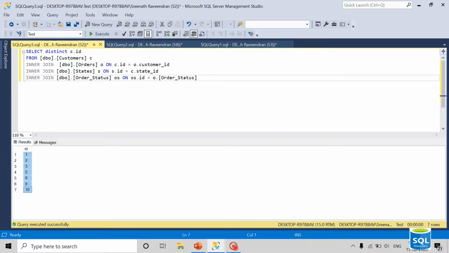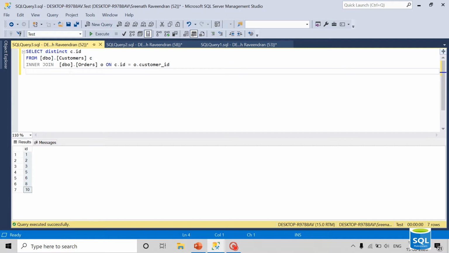So my requirement is I need to show all the customers and then the corresponding orders. If that's the scenario, then we can use left join. I'm removing the other joins and joining only the customer and order tables with a left join with the same condition, that is, join criteria customer ID equal to o.customer ID.